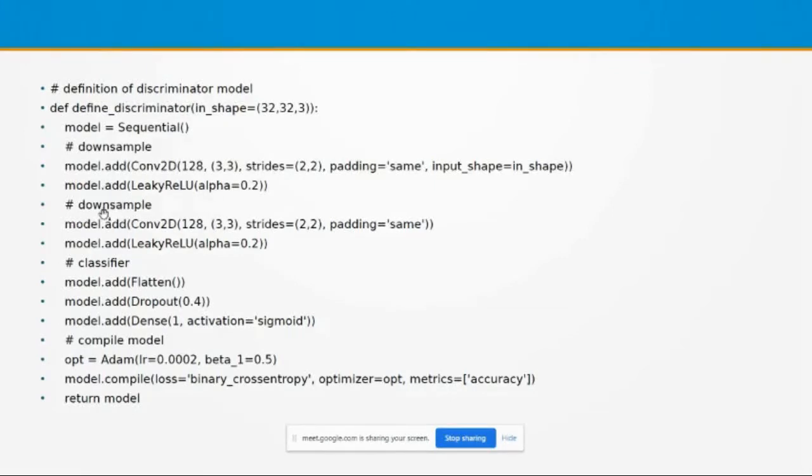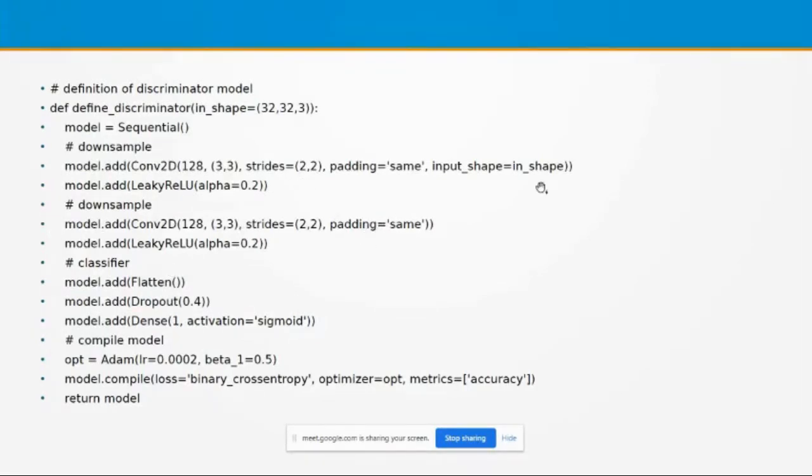Again, next another convolutional layer, that is the downsampling layer, I am going to introduce in the discriminator model, and for that model.add Conv2D 128, 3 by 3, strides equal to 2 by 2, padding equal to same. So this is the second convolutional layer.